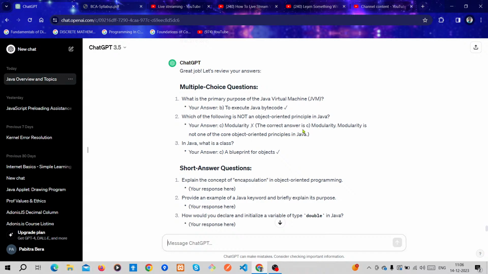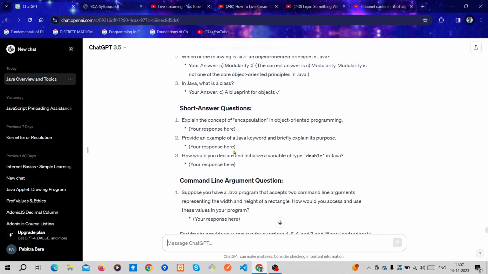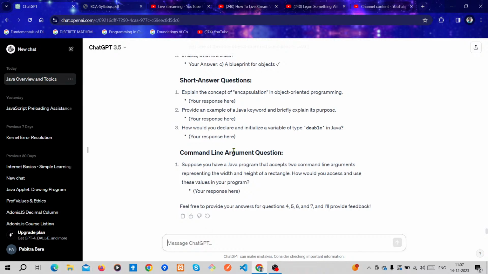The correct answer is C. This is also a correct answer. Then what is the primary data? This is also a right answer, a blueprint of objects. Okay, now move on to the next.